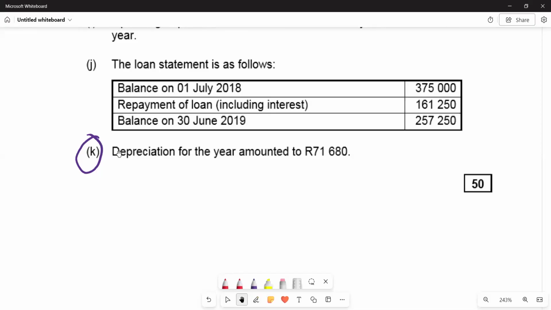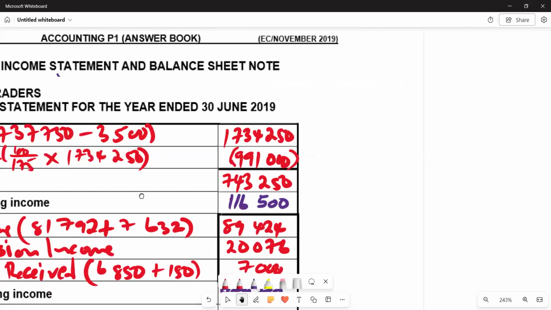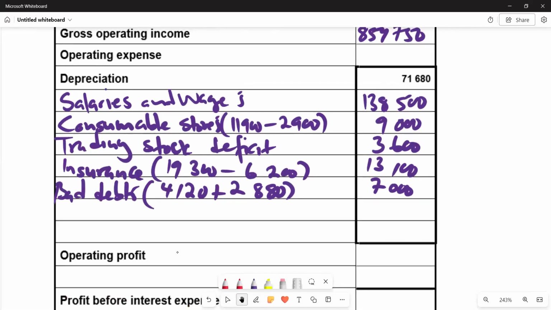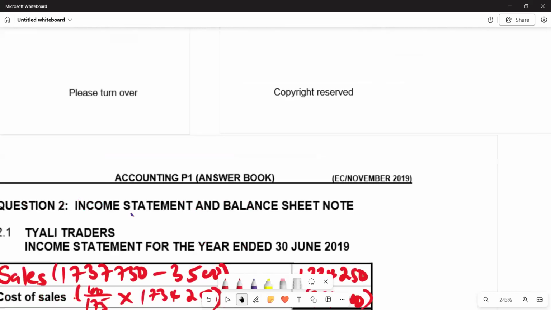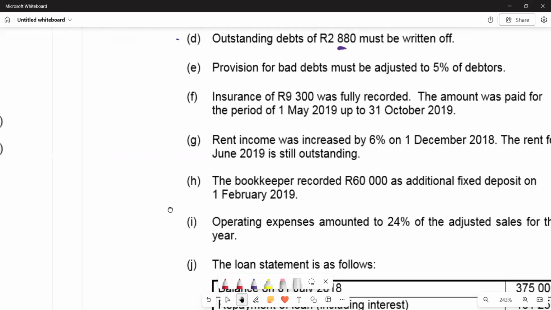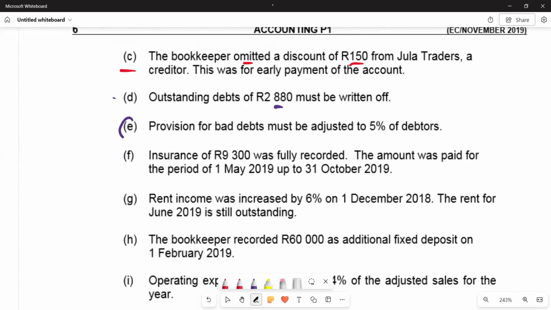71,680. So we've got depreciation. In depreciation, we said it's pre-ended, so this one we can leave it. Then we can check now for provision for bad debts. So if you go to information E, it's saying here, provision for bad debts must be adjusted to 5% of debtors. But for this 5% of debtors, we know that we have got an additional 2,880, which was not adjusted,